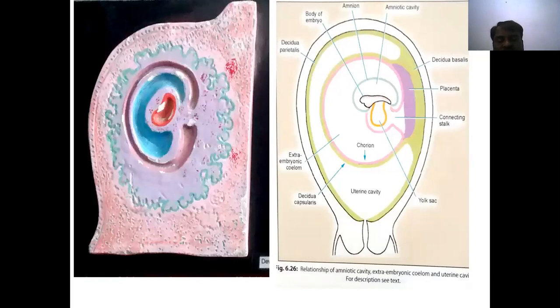The villi contain the fetal blood vessels and the intervillous space contains the maternal blood vessels. Like that, the placenta is formed and attaches and erodes inside the uterus. What is the chorion and what is the amnion, we already discussed yesterday and in the theory class also. These are the layers and covers. Here the embryo develops. This is the amniotic cavity. This is the axis, which further forms the foregut, midgut, and hindgut. And this is the yolk sac. Further it forms the umbilical cord. This is the connective stalk. This is the placenta.